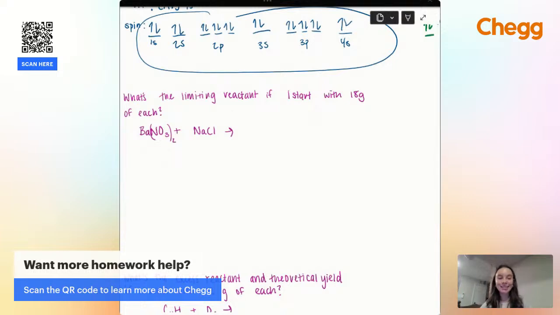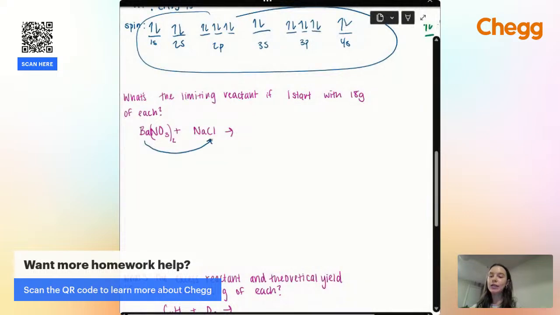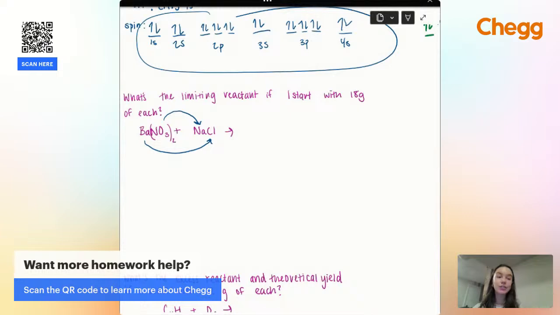Okay, if you caught this first step, I'm going to be so impressed, but we need to balance the chemical equation. So to do that, we're going to basically cross multiply, if you think of it that way, the compounds. So barium is going to go with chlorine, and nitrate's going to go with sodium. So we cross those and we get